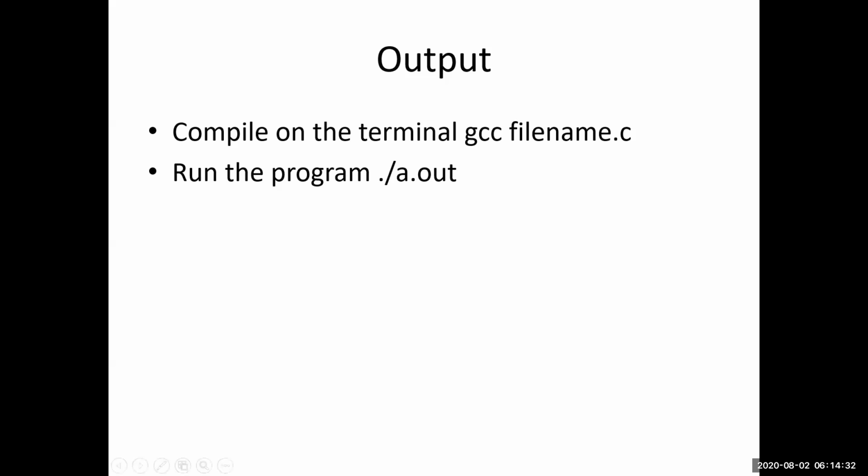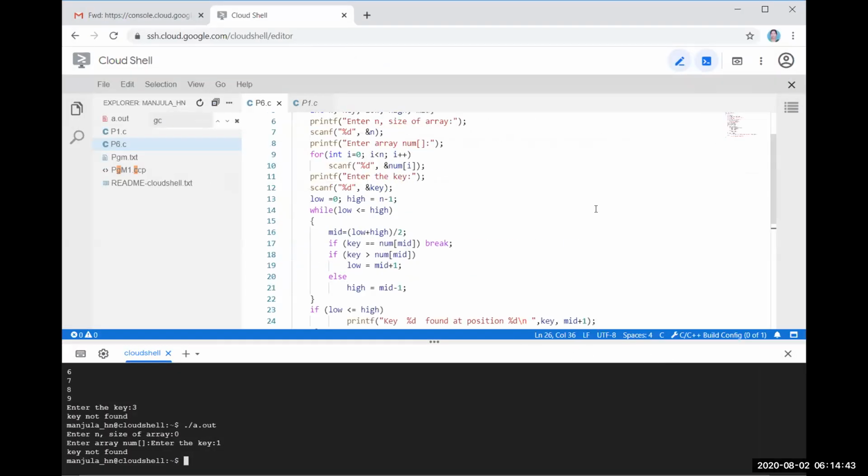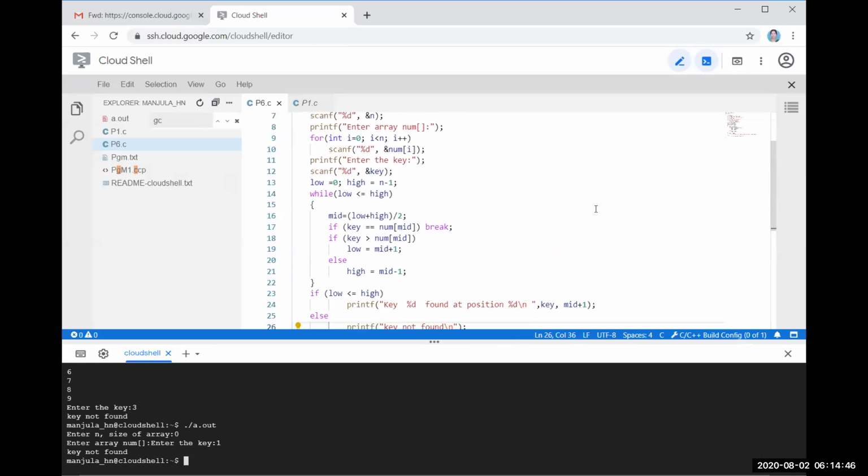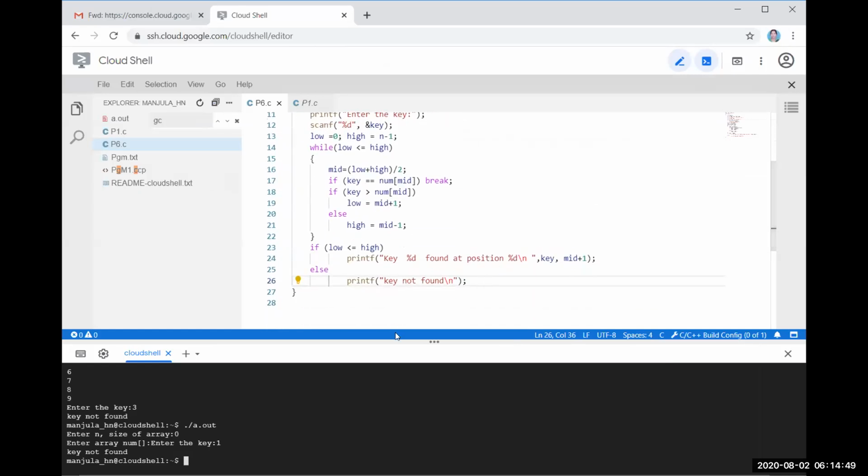Just see how we can execute the program in a real environment. So here we have a program for binary search, and I have given the file name P6. Now compile the program using the command gcc space file name dot c. So the program is compiled. Now run it